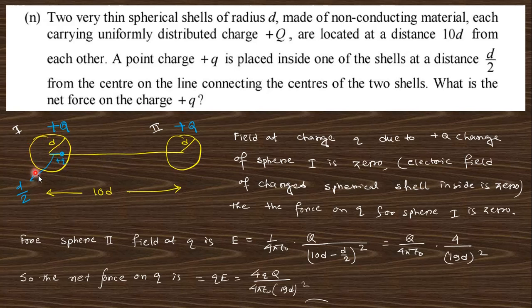The electric field due to this shell is 0, because by Gauss's theorem there is no charge within this shell. So the force due to this shell will be 0. For the other shell, you will get the electric field like that. The distance from its center will be 10d minus d by 2, because this is d by 2. So you get the electric field like that, and the force will be q into E, that is this. Clear? Next,